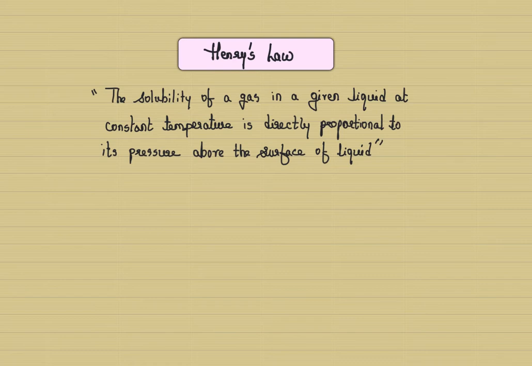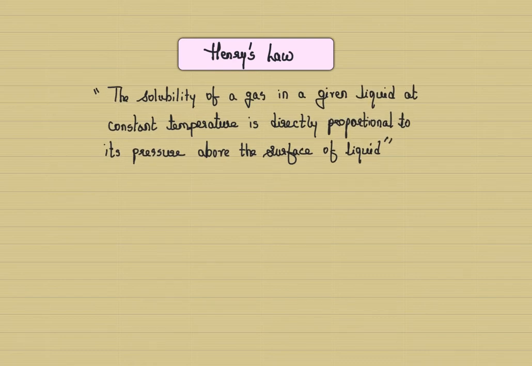Now, inspired by Henry's work, a contemporary of Henry, John Dalton, also started doing similar experiments in which, instead of taking a single gas in equilibrium with a liquid, he started taking a mixture of gases, which were simultaneously in equilibrium with a given liquid solution at constant temperature. After doing a lot of experiments, John Dalton concluded. So let me give you the conclusion of John Dalton. This is Dalton's conclusion. Now this is going to be your Dalton's conclusion, which says that